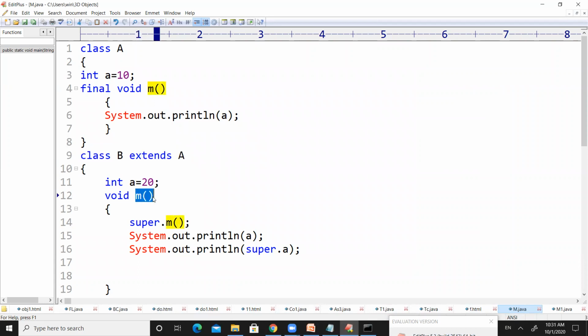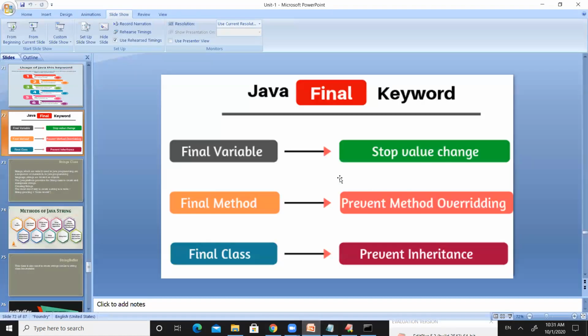That means you are trying to override the method, but overriding m is not possible because m is declared as final. So that is the meaning of the second point. We cannot override a method when it is defined with the final keyword.